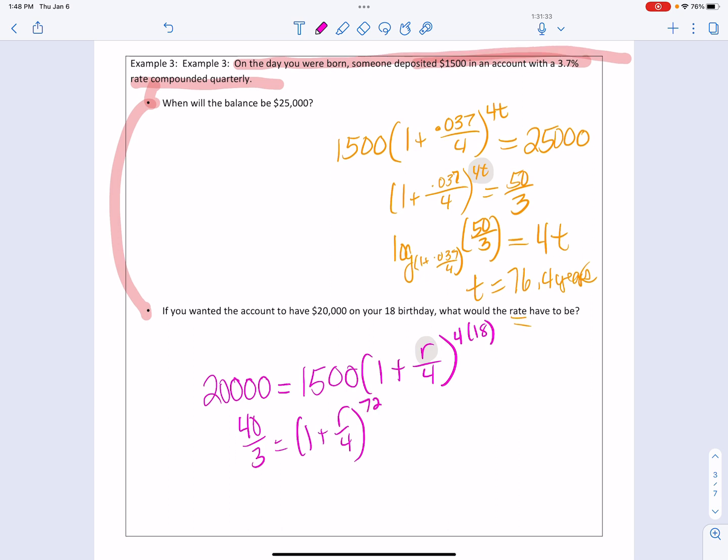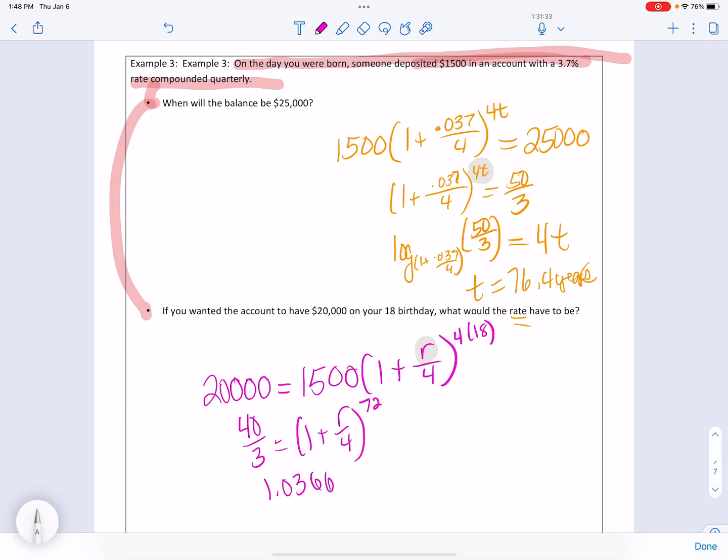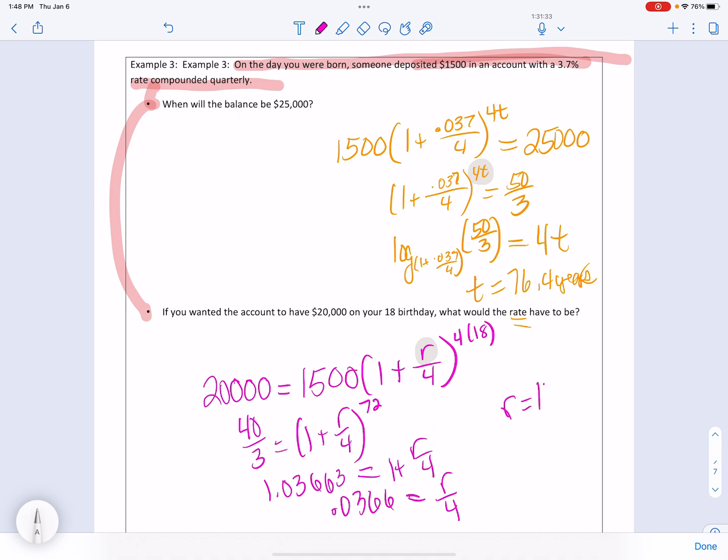How do you get rid of taking something to the 72nd power? You would take the 72nd root. I'm going to do it to the 1 over 72; either one doesn't matter. So I got 1.03663, which is 1 plus r divided by 4. So I'm going to take that answer and subtract 1, and I get 0.0366 equals r over 4. And so I'm going to multiply by 4, and my answer is